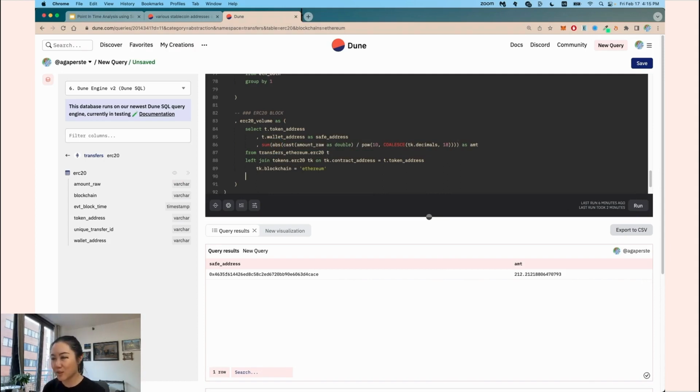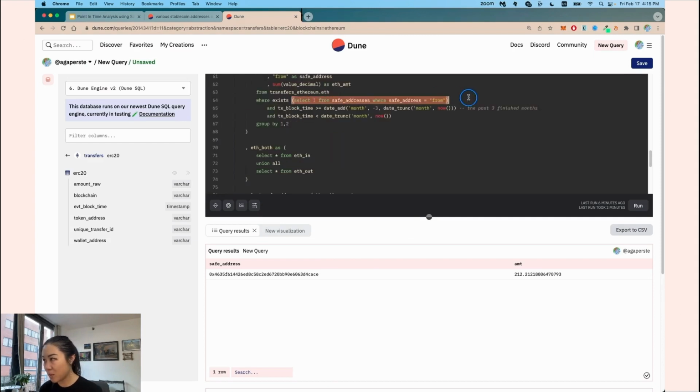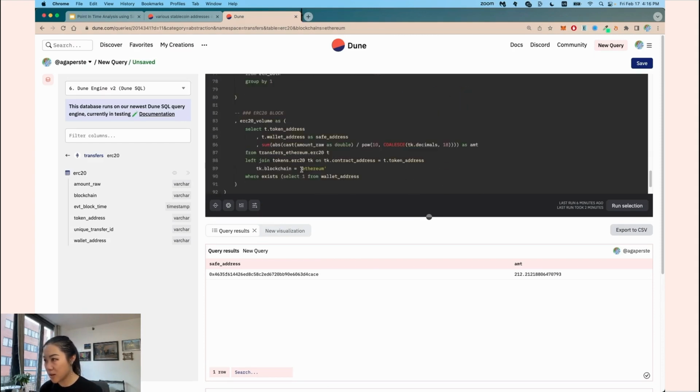Next up, we need to filter on ERC20 transfers. We want to look at the wallet address that is in the safe that we care about. So again, we're going to do a where exists select one from. Let's copy this one more time. So where exists, select one from safe address where this is equal to the wallet address,